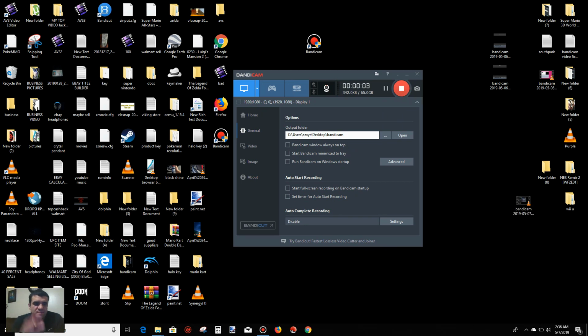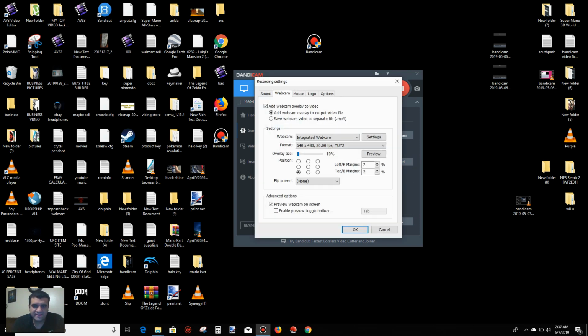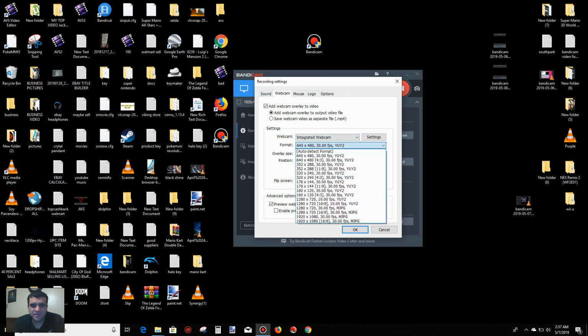As you can see, look, it records, it doesn't skip your words, doesn't lag. That should fix it. So like I was saying, just go on Bandicam, go to advanced, video recording settings, and change the format to the lowest you can. 640 I recommend if you have a slow computer, or